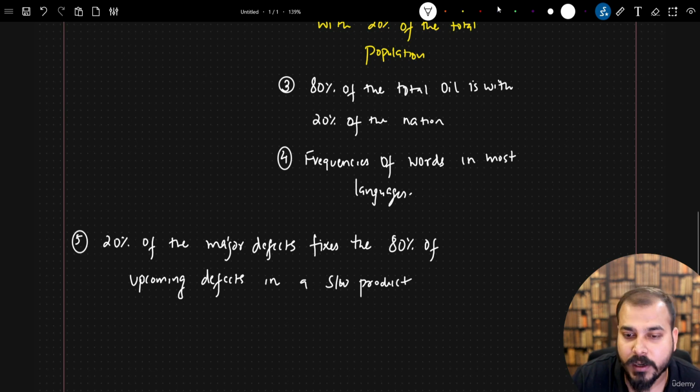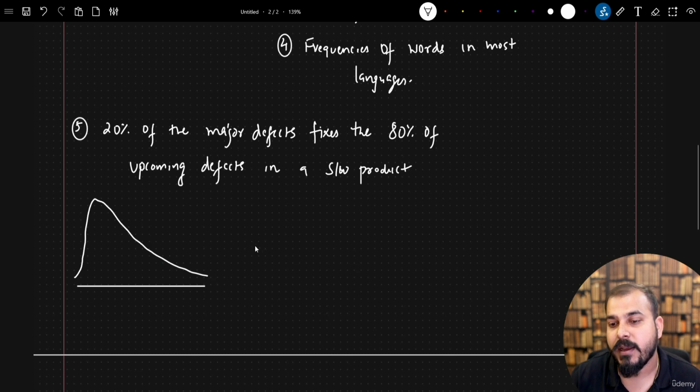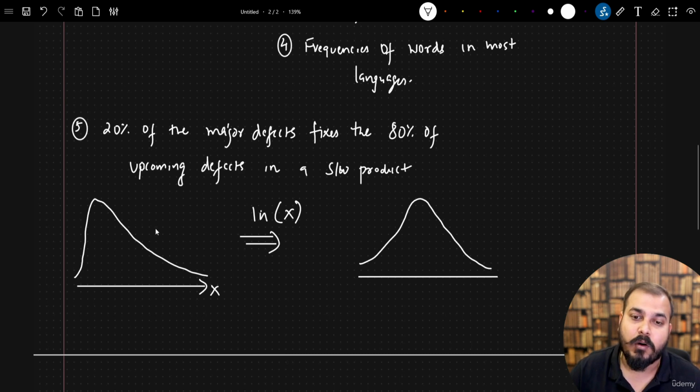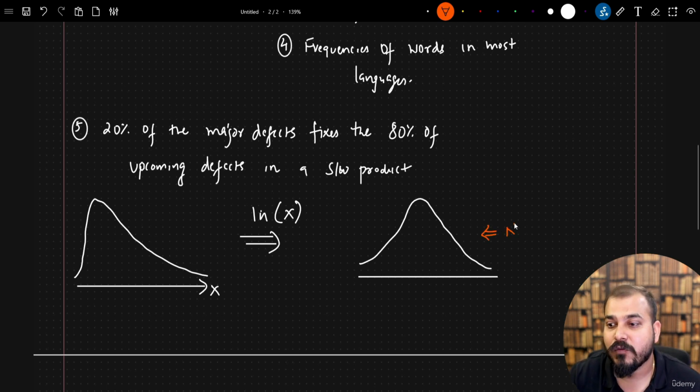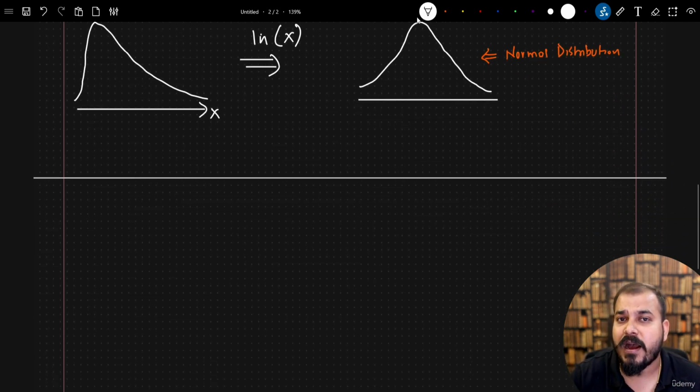Now, one very important thing that we know: whenever we have a log normal distribution, and if we apply a logarithm, like log to the base e, to this random variable x, then we will get a normal distribution, only if the distribution follows a log normal distribution. Why do we do this? Because there are many machine learning algorithms which want the data to fall as a normal distribution so that the algorithm will be able to perform well. Similarly, what if I have power law distributed data,